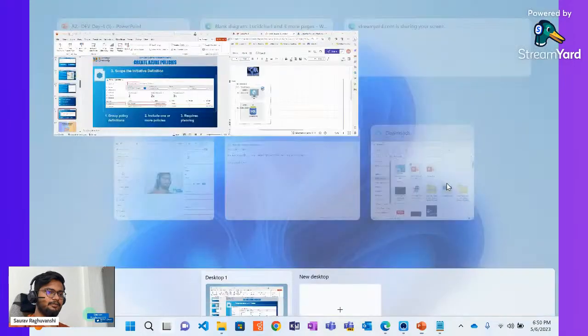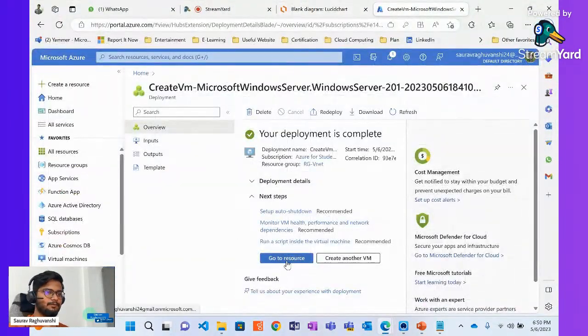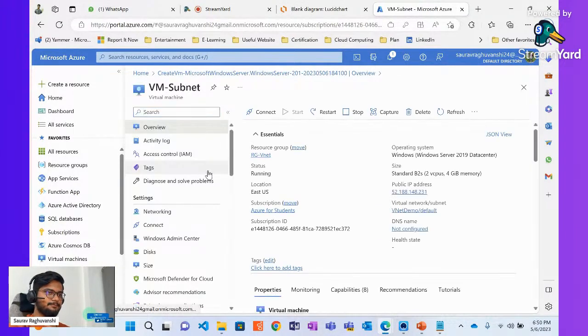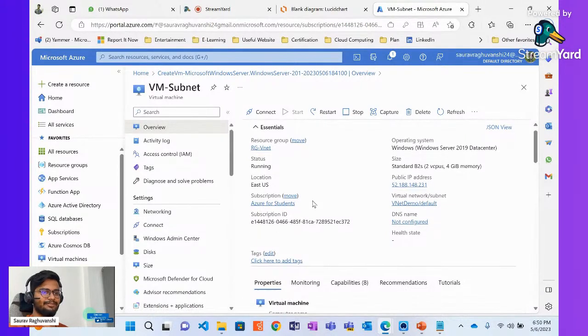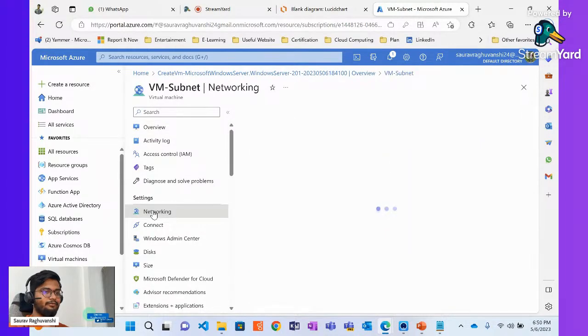Let's see whether the virtual machine got created or not. So it got created. Okay, so this is the virtual machine. If you see it, it has a public IP address. But if you want to see how it will connect securely, if you go to networking,